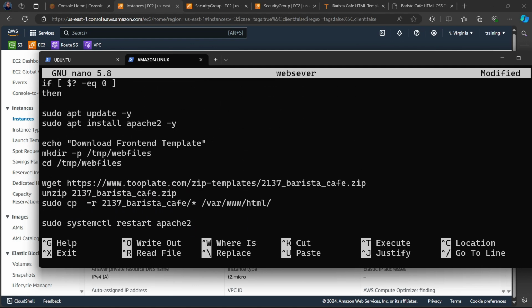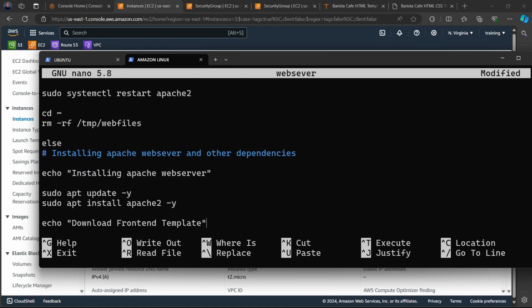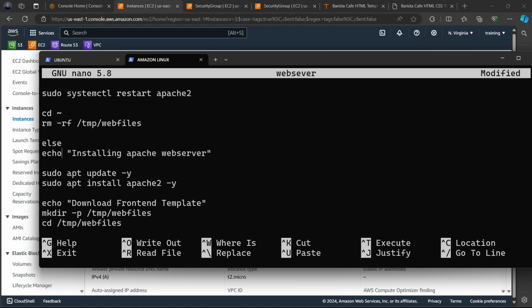Okay, so here, let's do a little bit of modification. I'm going to say installing Apache Web Server on Ubuntu. And the one down under the else block is going to be installing. So I'm going to remove this line as well. Let's remove this line. Let's remove this line. All right. So let's remove that. So here I'm going to say installing Apache Web Server